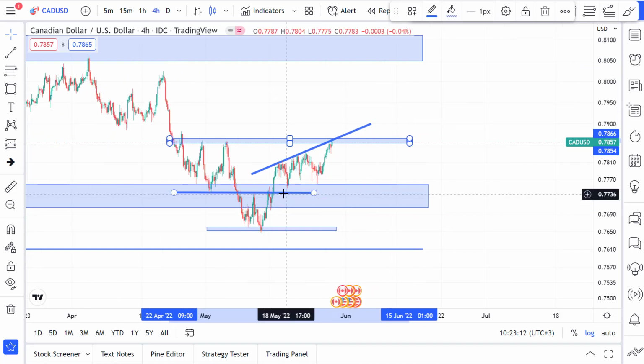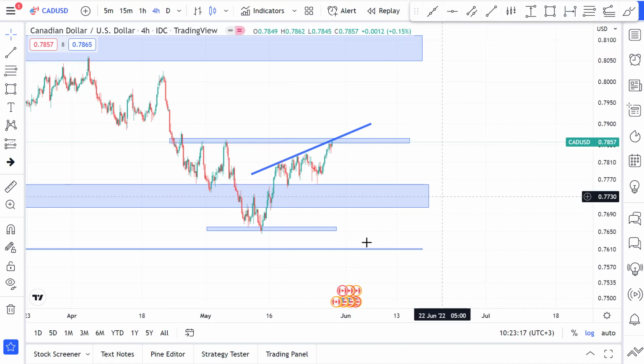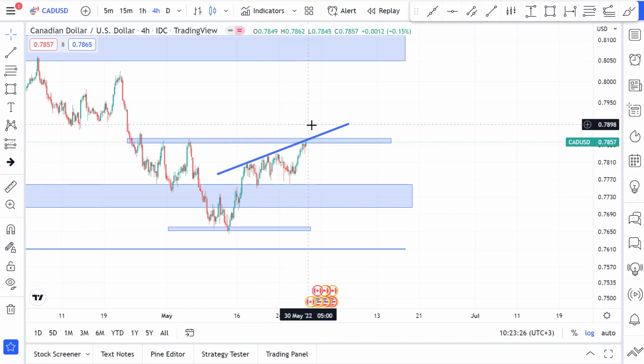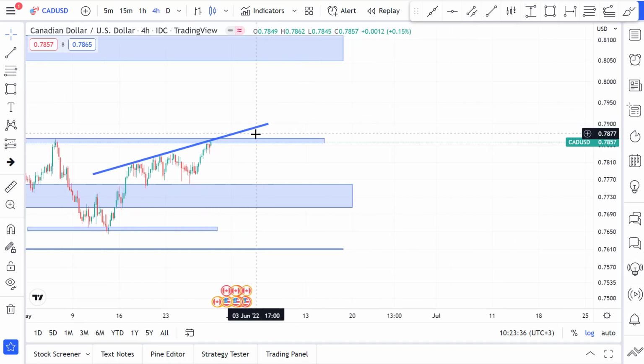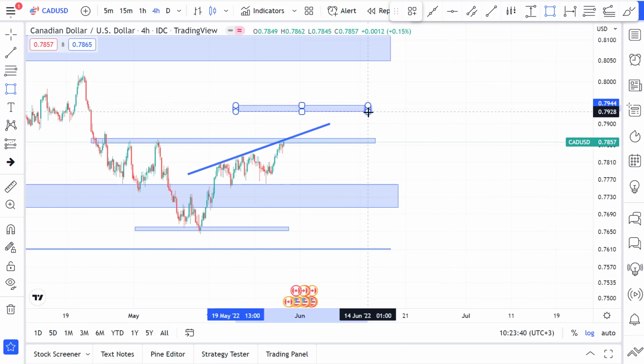And then let me update my analysis. This line is not valuable anymore, and you still can see what is happening right now. Yeah, I guess we might have a breakout of this zone. Okay, we might have a breakout of this zone. So the next zone would be maybe 79.00, this zone, because it is somehow